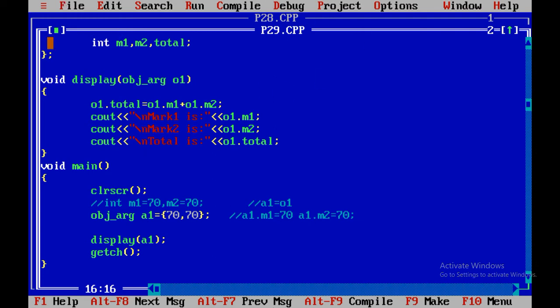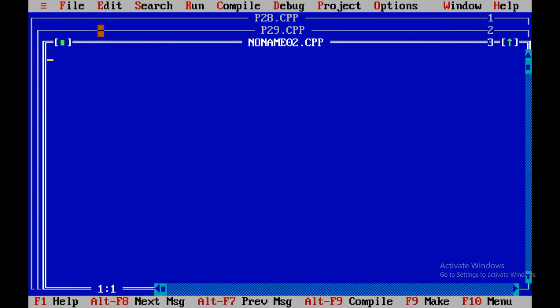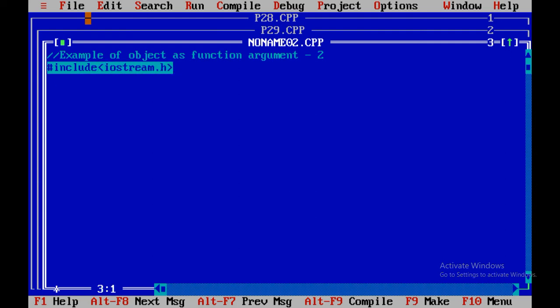Now one more program we are going to perform based on the object as function argument to make you more clear regarding the topic. Example of object as function argument, that is the second program of this topic, has include iostream.h, has include conio.h. I am going to create class test,